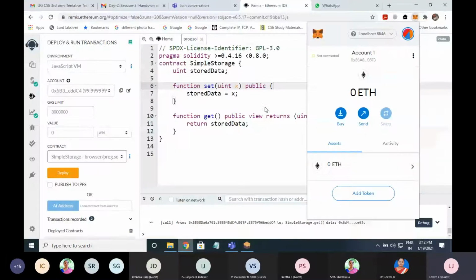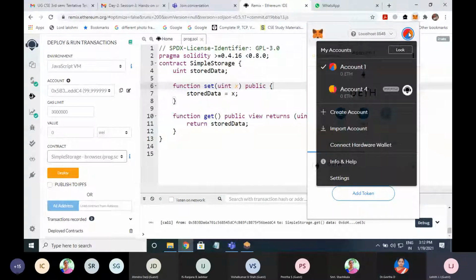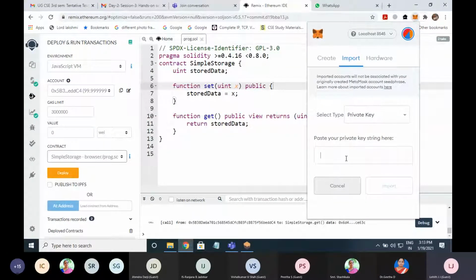Now I'll come back to that MetaMask. Now I'll try to import that Ganache Ethereum account to MetaMask. Okay, madam, are you able to do that, madam? Yes, sir. It is new to MetaMask, import wallet or create wallet. Yeah, import. Okay. Now let me import that. See here, if you click on this, here you get create account, import account. I'll try to import the account of Ganache. Okay, now import account, and it is asking me for the private key.